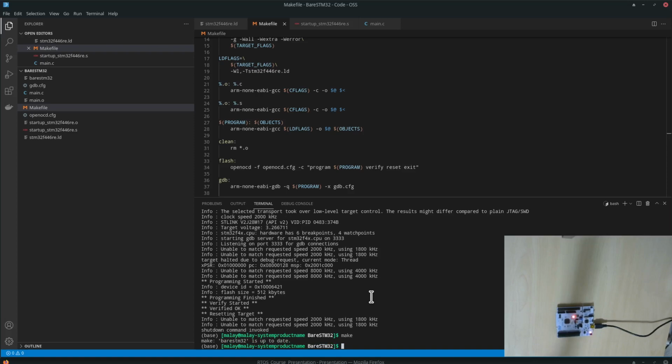And we also had created the make flash to flash the binary into the microcontroller. We use GDB to set up breakpoints and trace the program and view the variables in there. So basically, this is a very small end-to-end project to get a minimal code into the microcontroller and see how